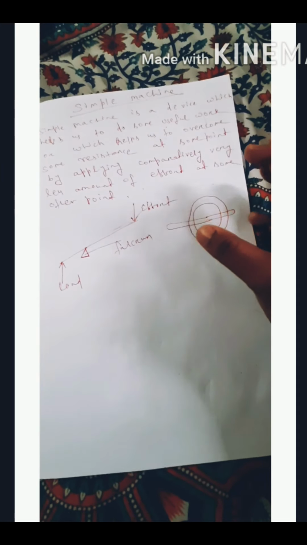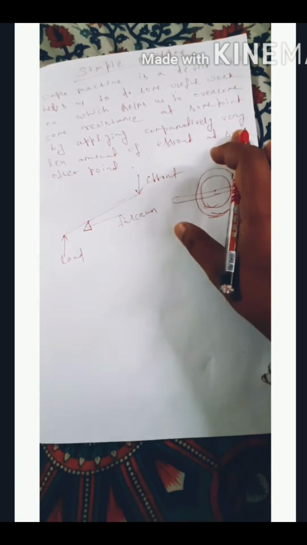and with the help of this wheel and axle we can carry more amount of loads. You can see bicycle, even four-wheelers, even truck, even goods train, with the help of wheel and axle we can travel, we can carry more amount of loads from one place to another. That is, we can lift more amount of loads.